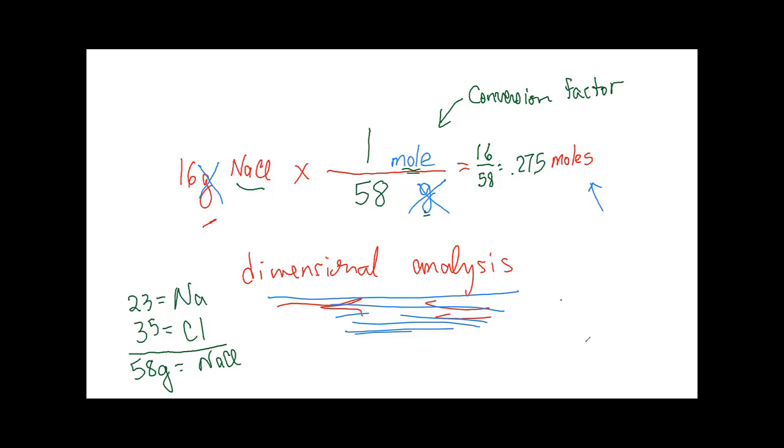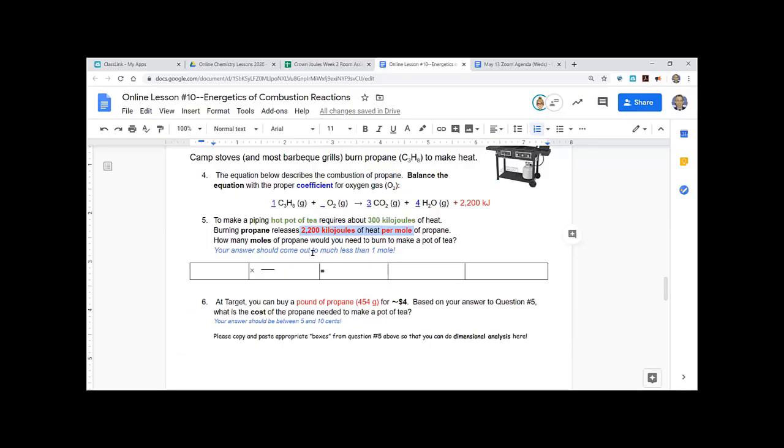Okay, so let's do the right thing. All right, so now we've got some basis for dimensional analysis where things have to cancel. I'm going to now go back to the problem. So now you can see we're back here with the kilojoules and the moles. Okay, great.